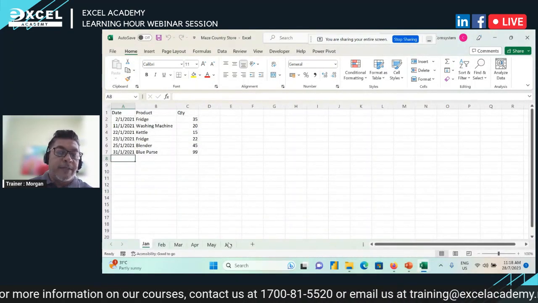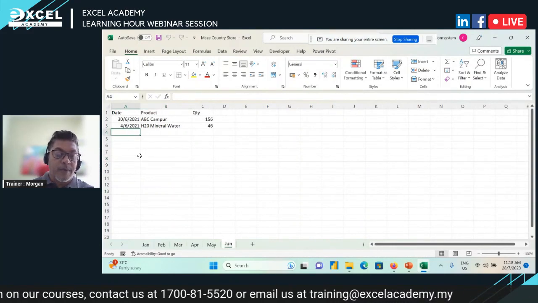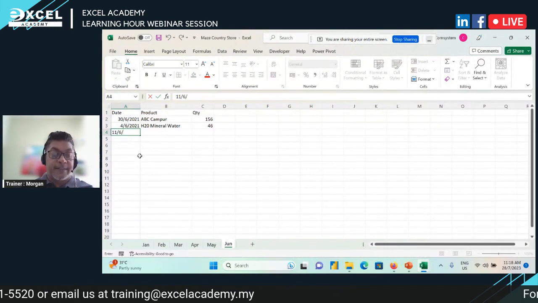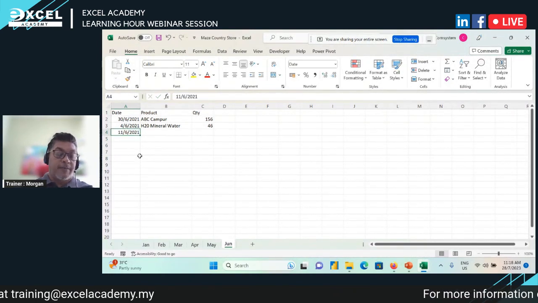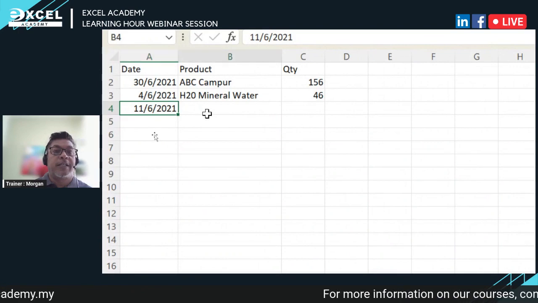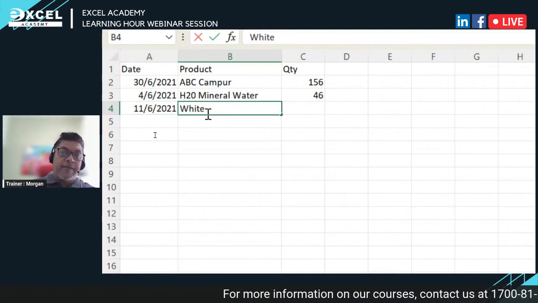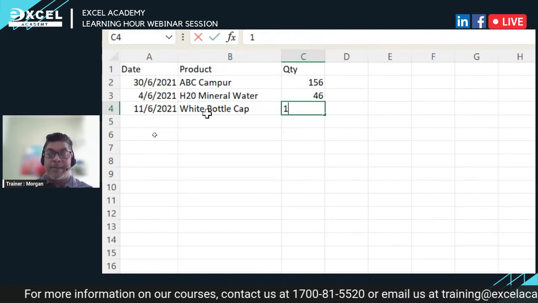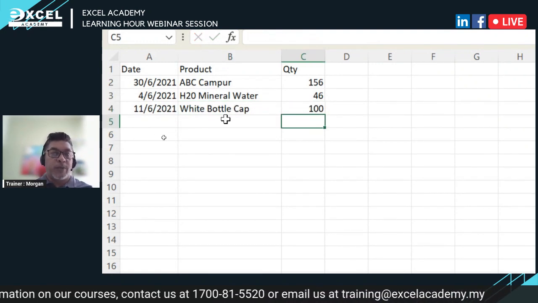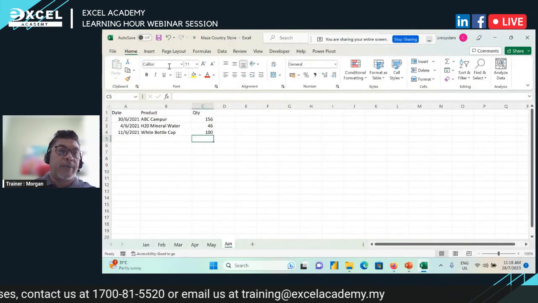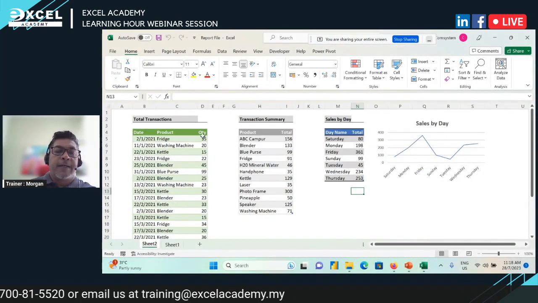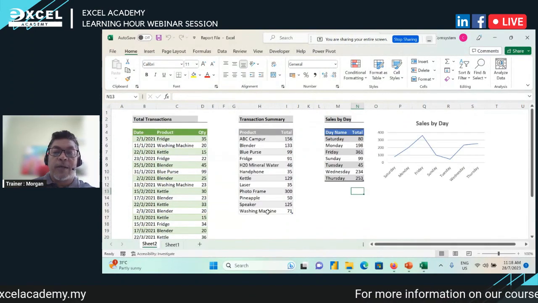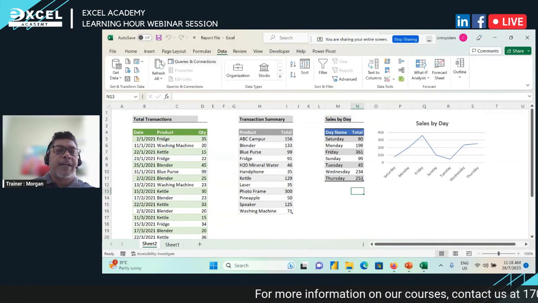Let's say for the month of June, I have one more transaction here. Let's just put white bottle cap, and make it 100. White bottle cap is a new item. There's no white bottle cap here, and no white bottle cap here as well. But when I refresh this,